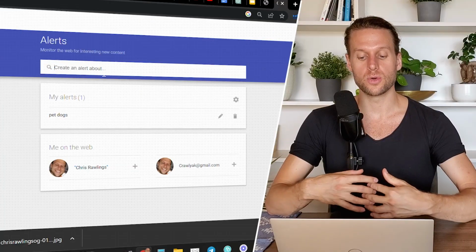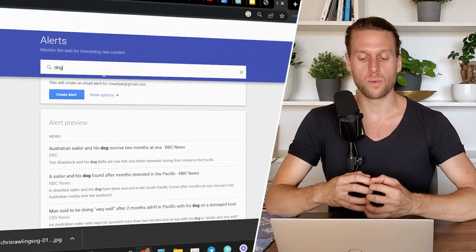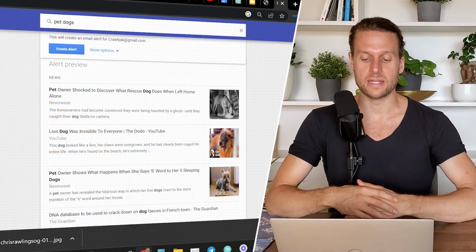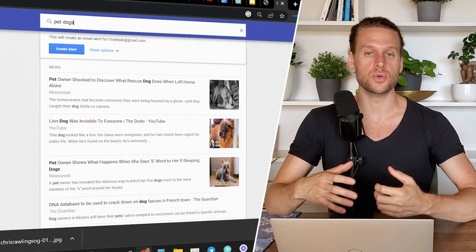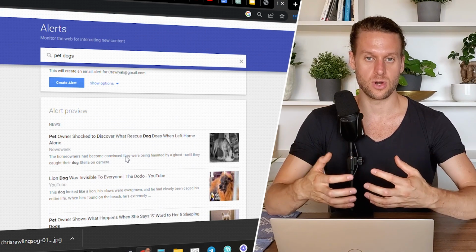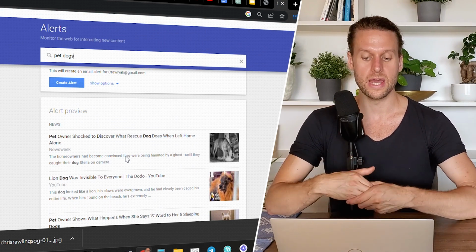So even though ChatGPT was only trained on data up through near the end of 2021, you can feed it new information that just came out now and then have it interpret that information for you. One of the best ways to generate ongoing content for your email subscribers is to use Google Alerts. You can go to Google Alerts and put in your primary search term, in our case pet dog owners, and it will send you the newest news or anything that comes up on the web relating to your customer avatar or your space or your category each day.